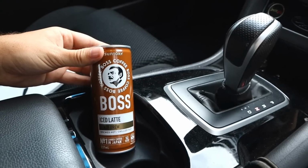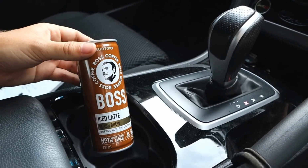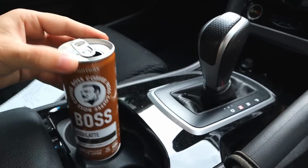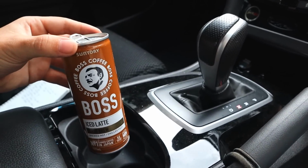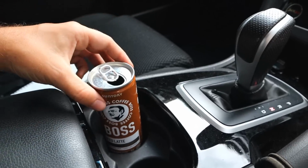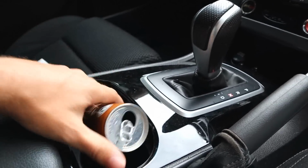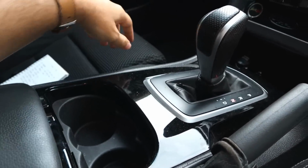And you guys all know this was coming. We're diving back into the interior for my fourth hate about this car. Now I must admit, because of some circumstances that are coming up in the very near future, I've been trying to get into Japanese iced coffees. These things are pretty good, but look where they're sitting in my car. Oh, you guys would have just seen exactly what will happen if...